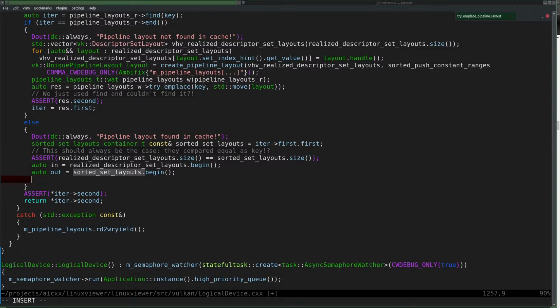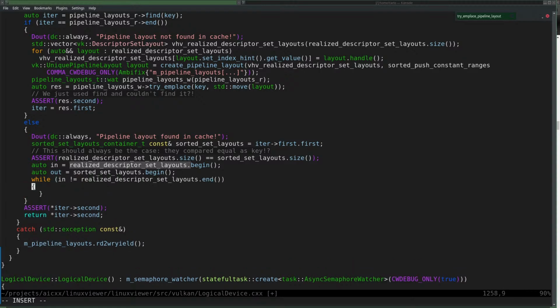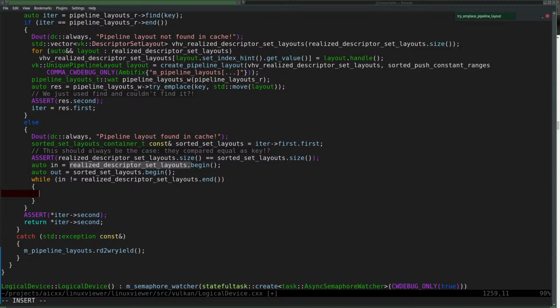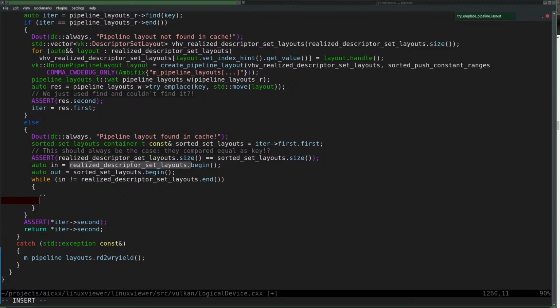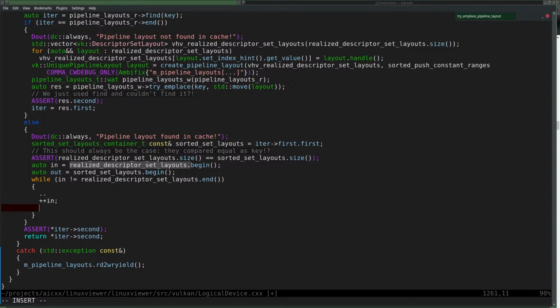And then I can just do a while loop which only tests that in is unequal to the end. And for each element then I do a test, and then I do plus plus in and plus plus out. The test being that